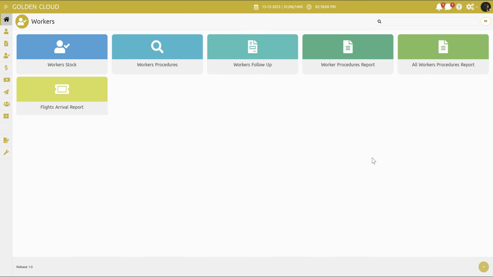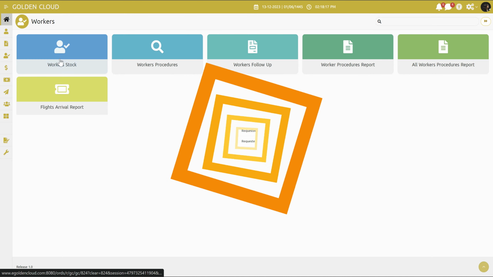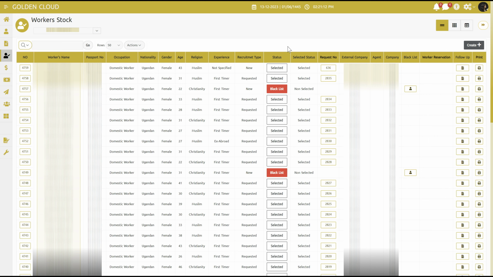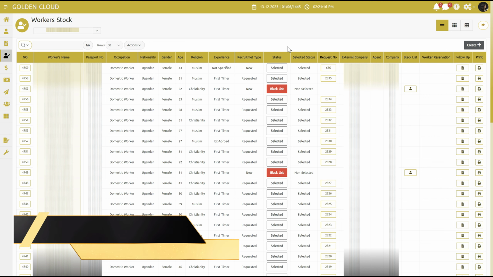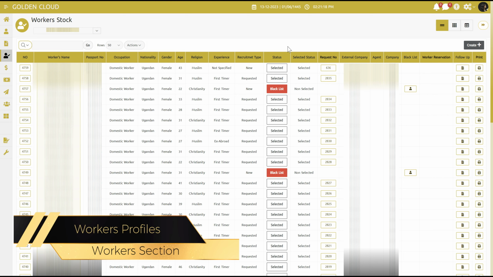recruitment system. In today's tutorial video, we will be offering a sneak peek into the worker section, focusing on its outstanding features. So let's begin with the worker stock. Our first highlighted subsection is the worker stock, which is designed to provide users with a comprehensive overview of essential